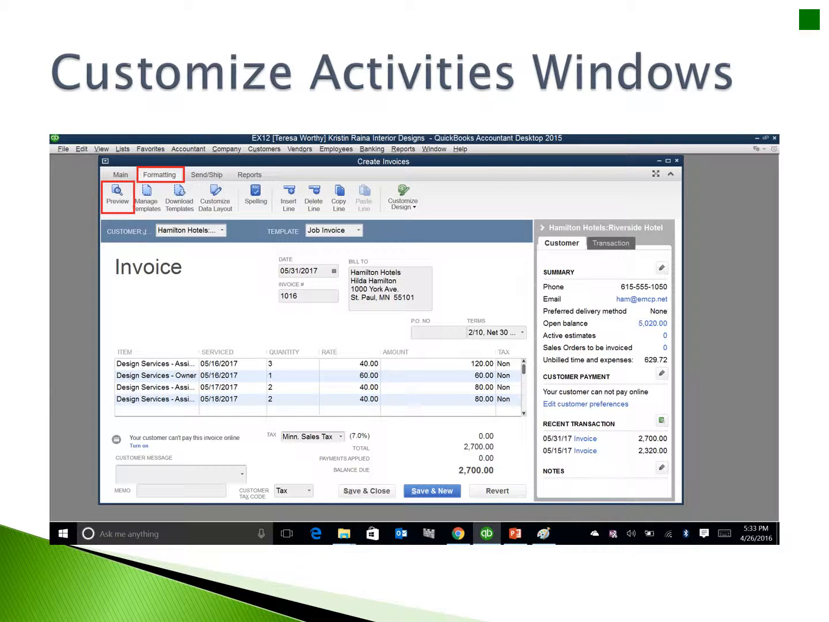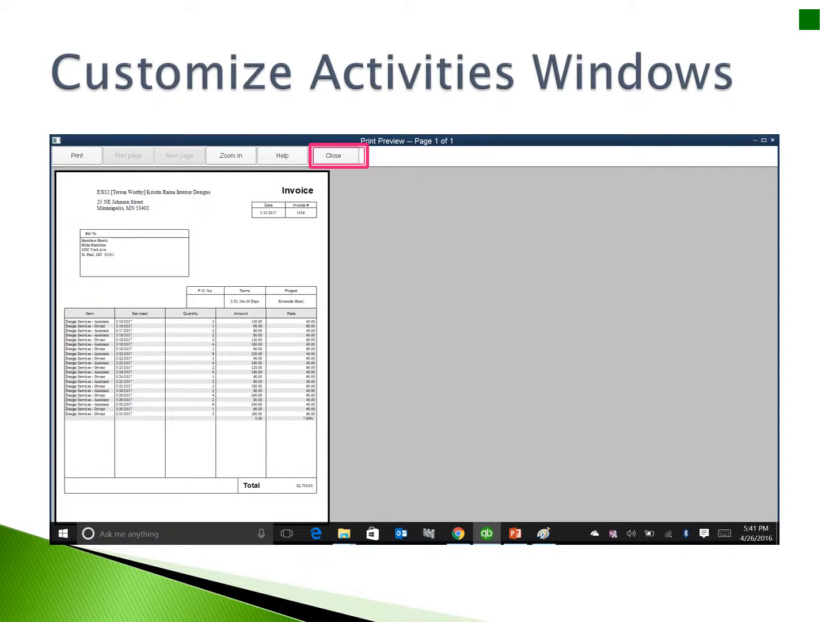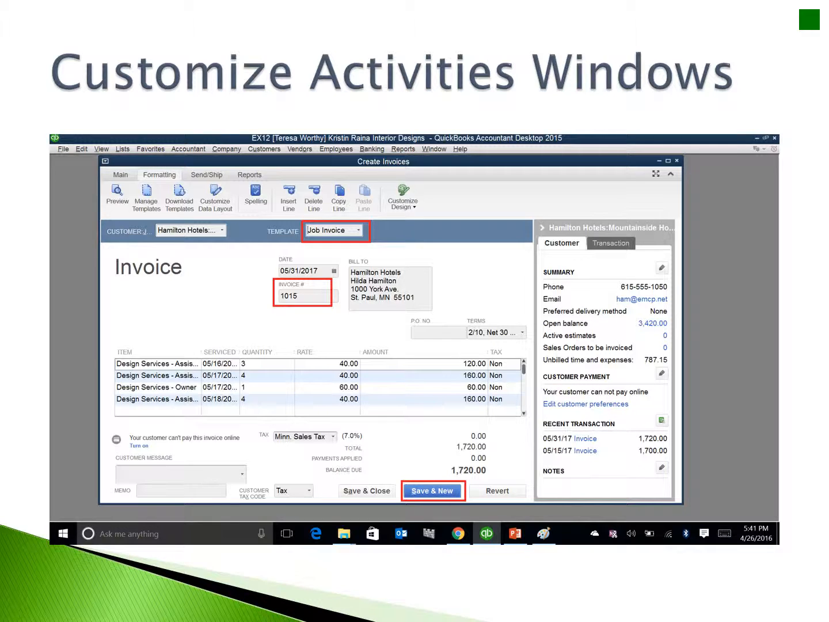On the Formatting tab, click the Preview button. If the Recording Transaction message appears, click Yes to save the job invoice format for this invoice. The invoice is displayed using the custom designed job invoice format. Close the preview window. In the Create Invoices window on the main tab, click the previous arrow until you see